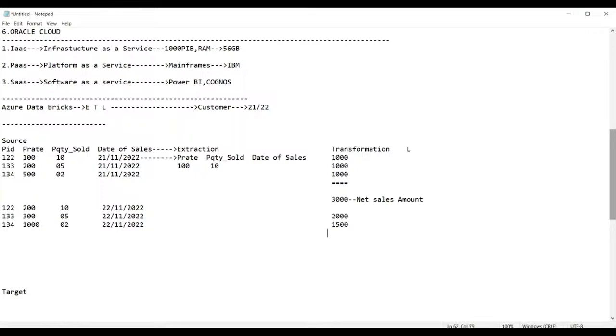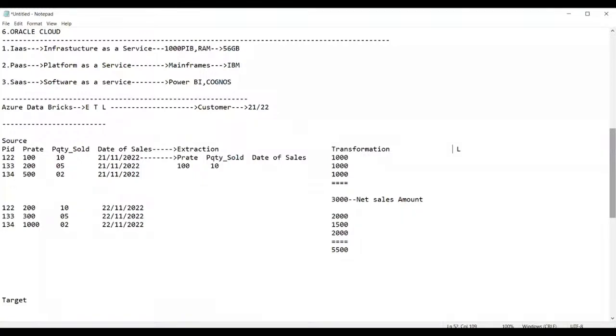Now calculate the sum: 5500. Now, guys, this is the net sales amount, and this process is called the transformation process.